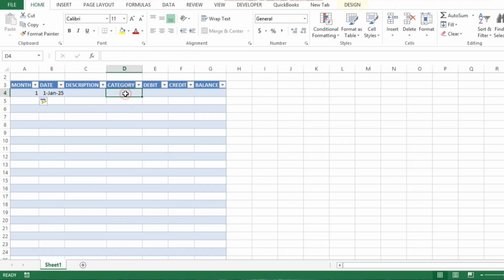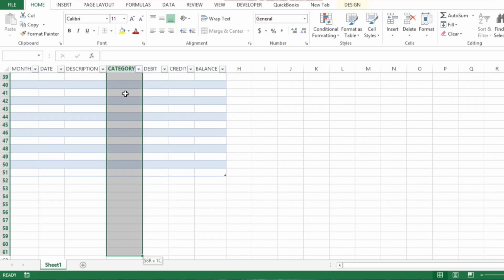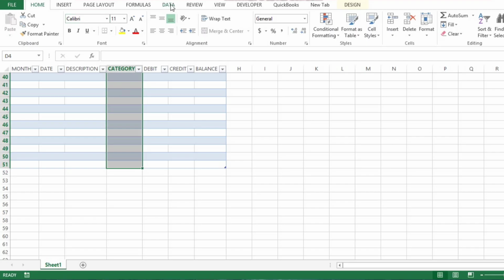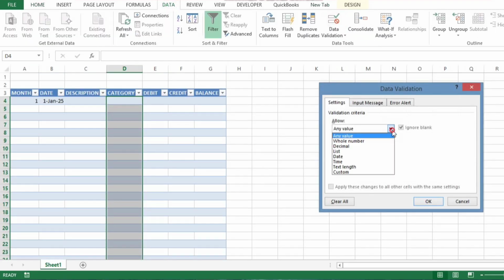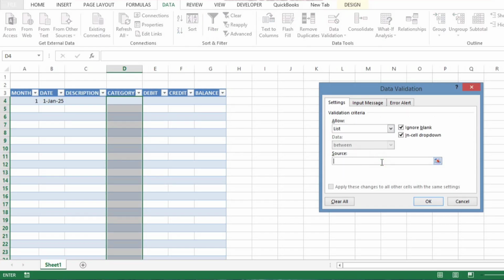नेक्स्ट हम यहाँ इस कैटेगरी कॉलम के लिए ड्रॉप डाउन क्रिएट करेंगे ताकि हर एक्सपेंस को एक कैटेगरी असाइन हो। इसके लिए हम लोग अपना फुल जो रेंज है वो सिलेक्ट कर लेंगे और डाटा में जाके डाटा वैलिडेशन, अलाउ लिस्ट से आपने लिस्ट सिलेक्ट करना है और सोर्स में हमने अपनी कैटेगरीज लिख देनी है कॉमा सेपरेटेड।